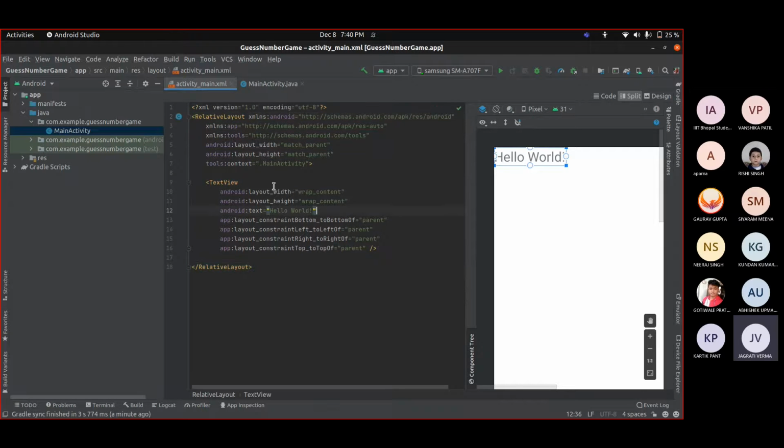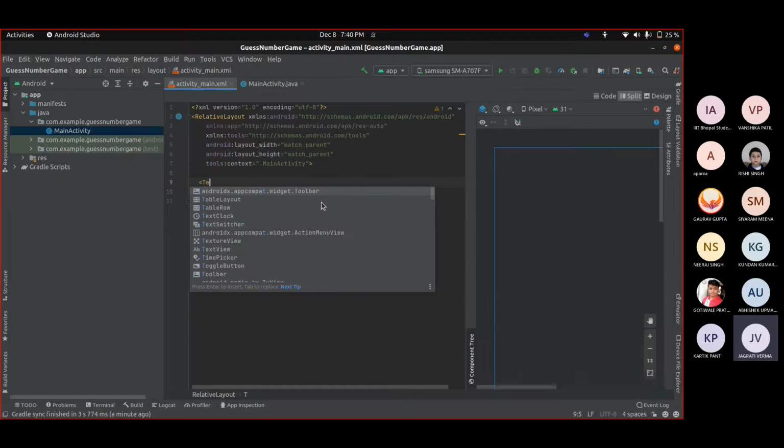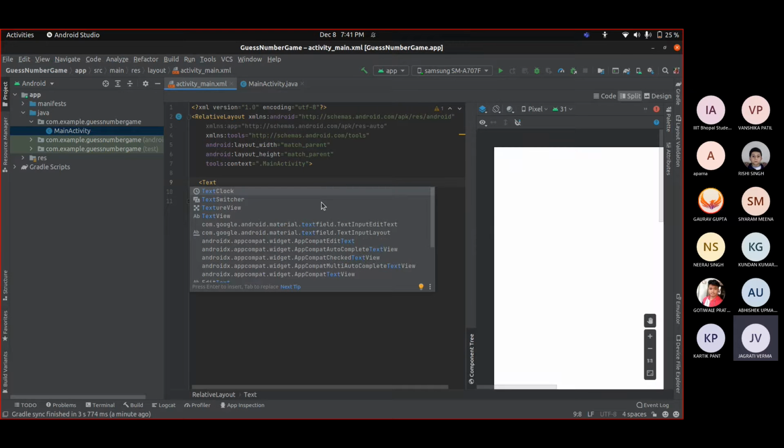First of all, we can remove this inbuilt text view. Then we need to create a layout in which we will have a heading, a text and an edit text for the user's input, and a guess button to guess the number. So here we can type TextView.